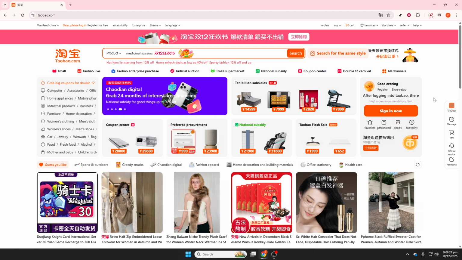That's it. You've successfully changed the language in the Taobao app. Enjoy easier navigation and smoother shopping in the language